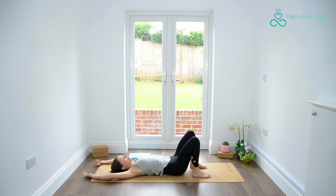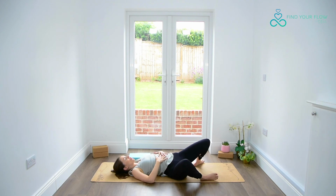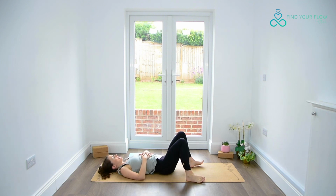Everybody meeting with the spine on the ground, arms down by your sides or on the body, walking the feet a little bit wider, rolling the right thigh out, the left thigh in, windscreen wiper, but really slow this down today. Spend time with a couple more breaths on each side before rolling over to the other. And just even it out from one side to the other before meeting back in the center